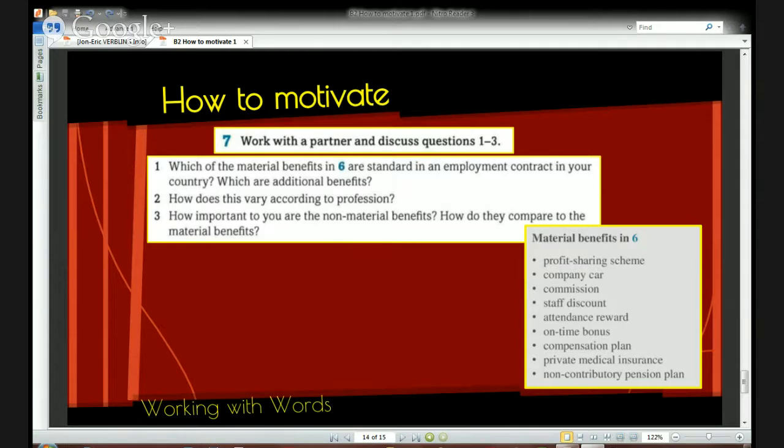It depends on the profession, but salesmen usually have a company car,